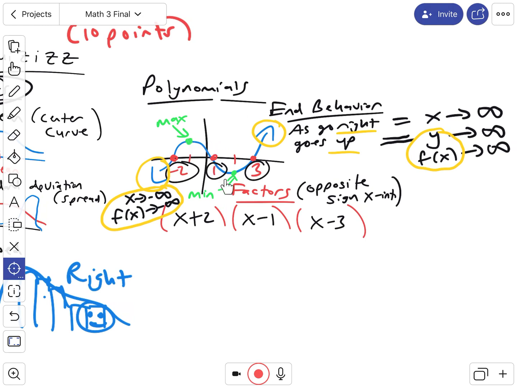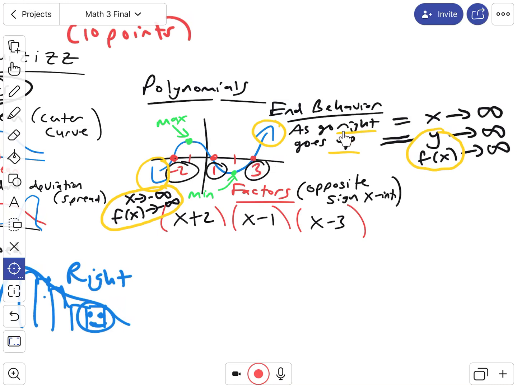This is a lot of stuff with polynomials. You got your maximums, you got your minimums. You have your x-intercepts here: -2 is an x-intercept, 1 and 3. And from your x-intercepts, you could get the factors. Just remember that the factors are the opposite signs of the x-intercept. So this blue curve hits the x-axis at -2, that corresponds with the factor x plus 2. And the x-intercept of 1 is x minus 1, and the x-intercept of 3 is x minus 3. So you need to be able to identify factors from the graph, the x-intercepts.